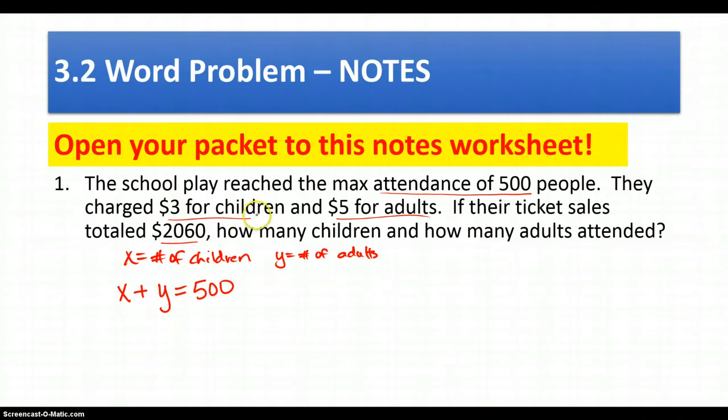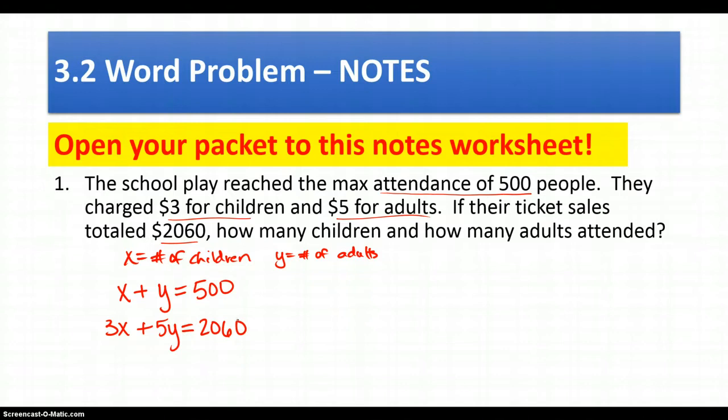But right now I don't know how many, so it's x. So 3 times x plus, same thing for the adults. If 2 adults win, it would be 10. 3 adults, 15. 4 adults, 20, and so on. But again, we don't know how many adults, so we're going to say 5 times y equals the total amount of money they brought in,